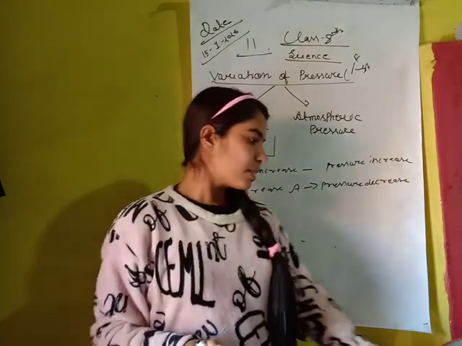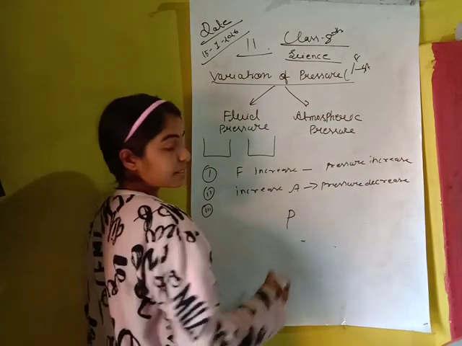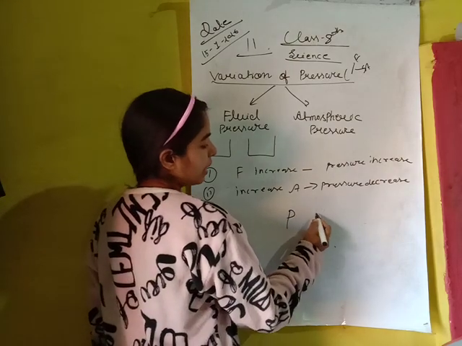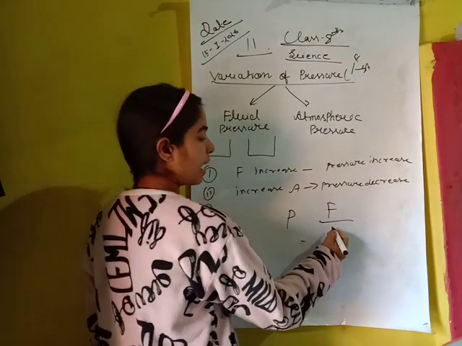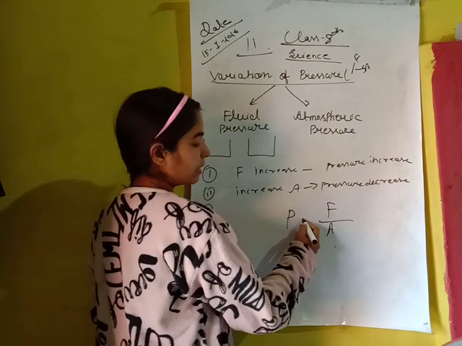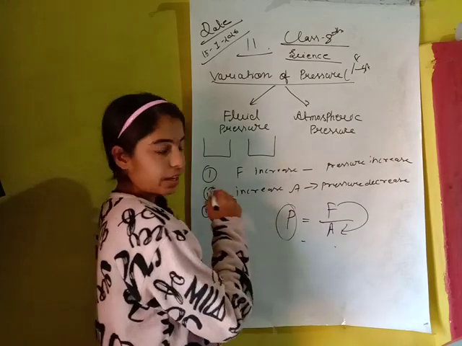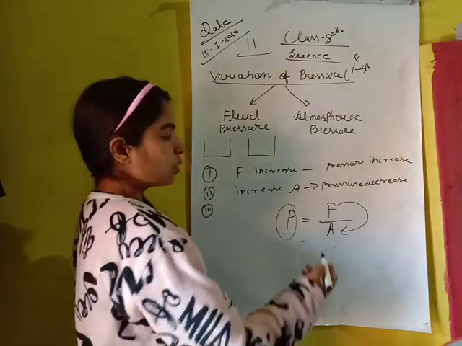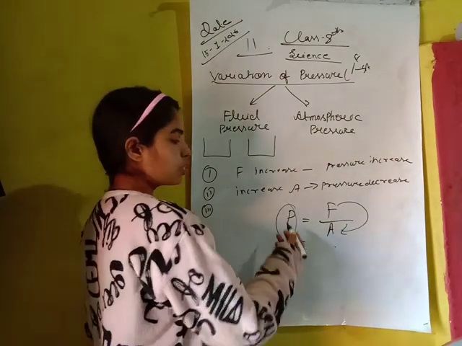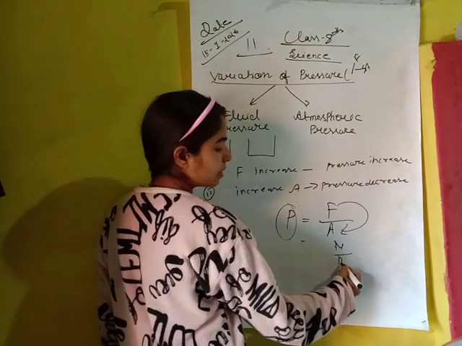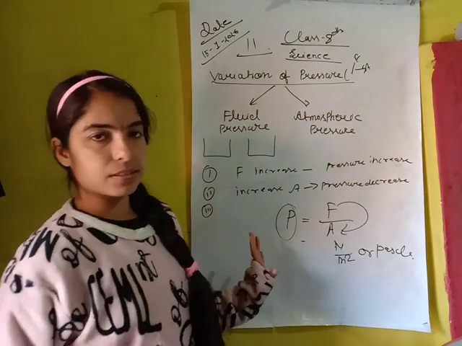You can define what is pressure. Pressure is the force per unit area. As I told you, pressure is denoted by the letter P, and when any force F is exerted on a particular unit area, then we can say that the force exerted in unit area is called pressure. And what is the unit of pressure? From the unit of force and area, we can tell the unit of pressure. So the unit of pressure is Newton per meter square, or Pascal. Clear?